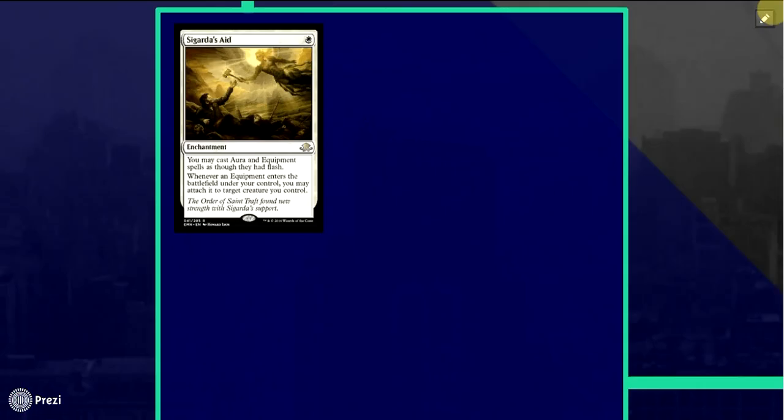Next card up is Cigars Aid. This is a rare, and it's a type of card that I'm super disappointed to pick most of the time, so it's kind of weird that I'm talking about it in this video, but I think there's a lot of potential in the card. So in case you don't know what it does, Cigars Aid is a 1 white enchantment